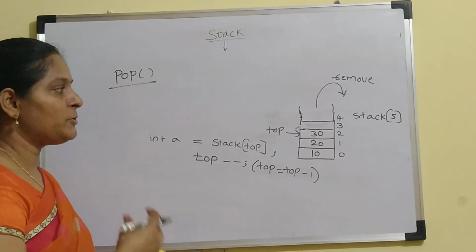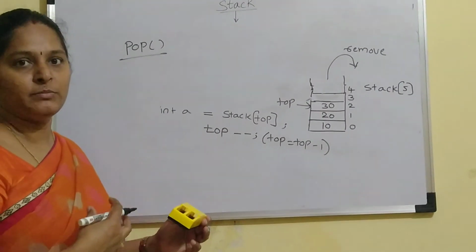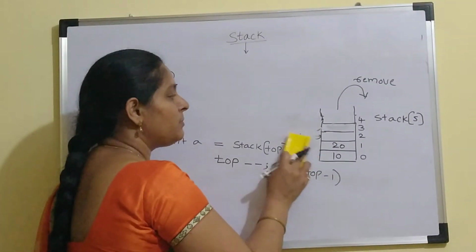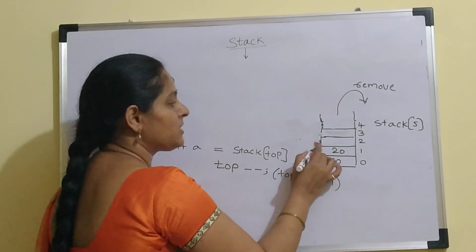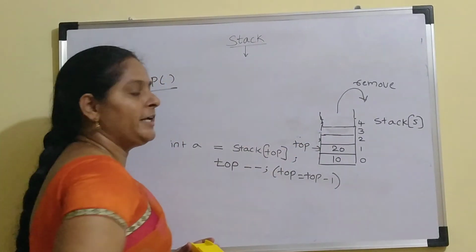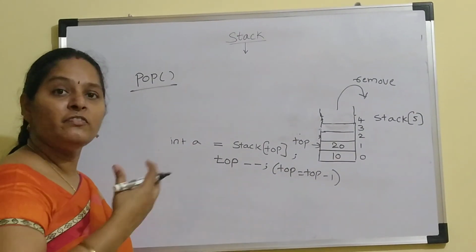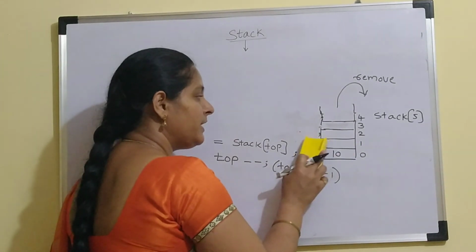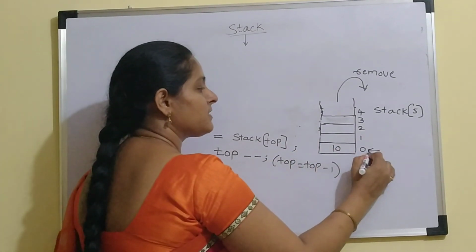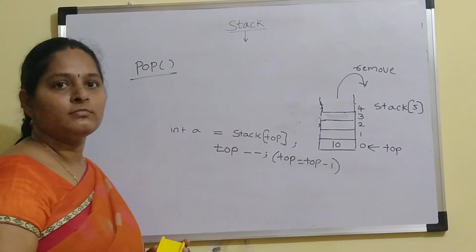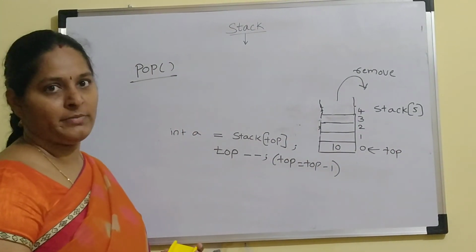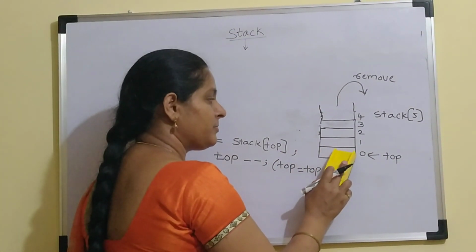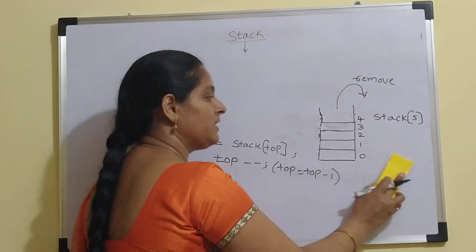Right. Now see, suppose I want to delete 30 from the stack, what do we need to do? First remove the element, then move the top pointer to the next top element. So now the top is pointing to 20. Now if you want to remove 20, first remove the element, then make 10 the top element. Now I want to remove 10 also from the stack. Then what to do? Remove 10 from the stack and move the top pointer to the next location.